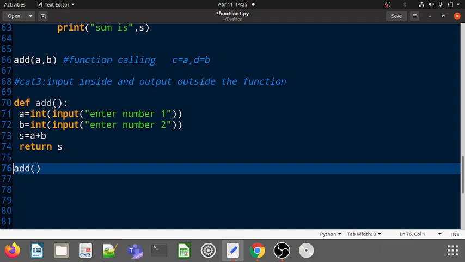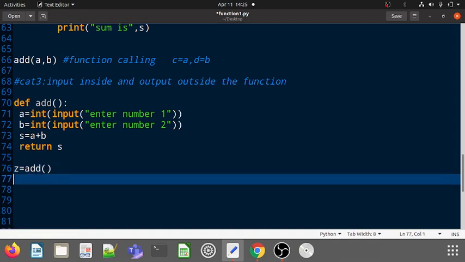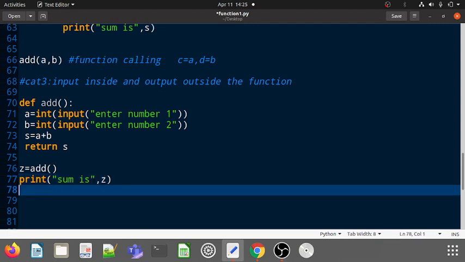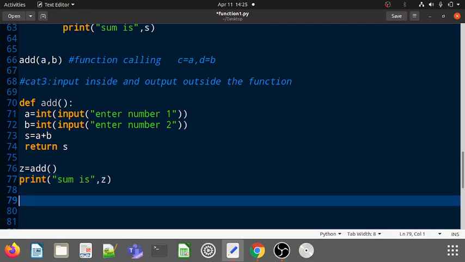That variable will take that value. So z equal to, now what is z containing? Z is containing the sum which is returned by your function. So here output you will give outside the function, sum is z, right? So that will be the definition and calling in case of our third category.